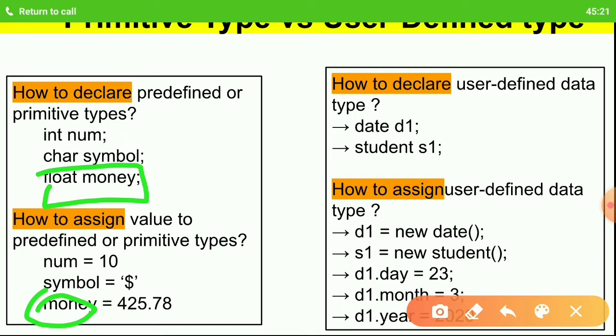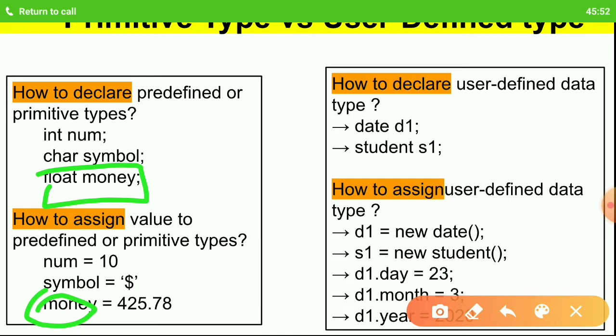Now let's see the example of a user defined data type. In the previous slide we saw two different types of data relating to user defined data types, isn't it? They were date and student. So let's say I've created a user defined data type called date.